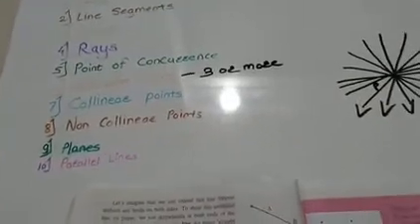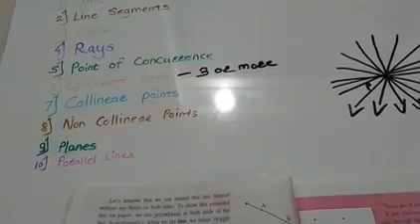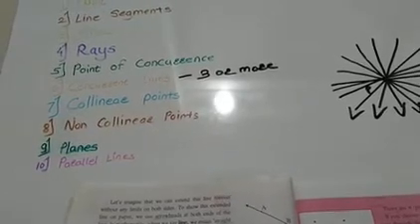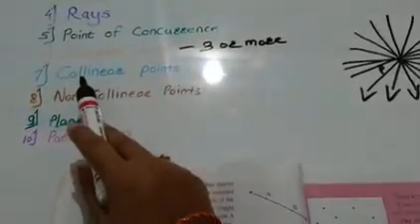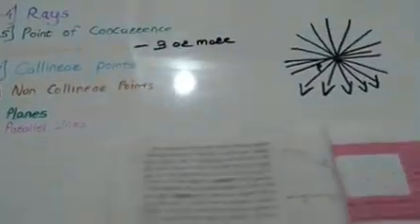After the point of concurrence and concurrent lines, we have the next topic, collinear points. Before moving to that, I will show you the activity and how you are going to perform it in a notebook. In this way, you have to draw a point in your notebook anywhere, give a name to it, and draw the number of lines passing through it using a ruler.